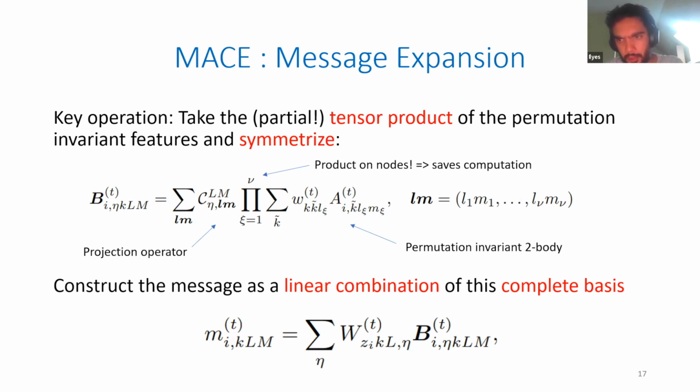So these are learnable weights, and you take a learnable linear combination of A features having the same L symmetry, because you don't want to break equivariance, and you take this linear combination over the channels. Then the product, you see the psi here, goes from 1 to nu. So nu is the correlation order. So it's how high you want this representation to be correlated together. So the number of products you do in your tensor product.